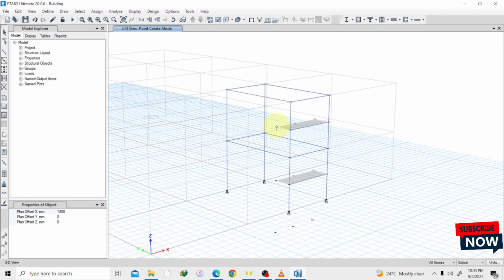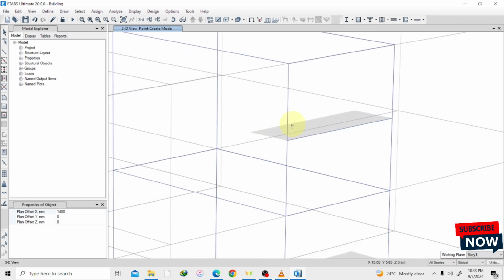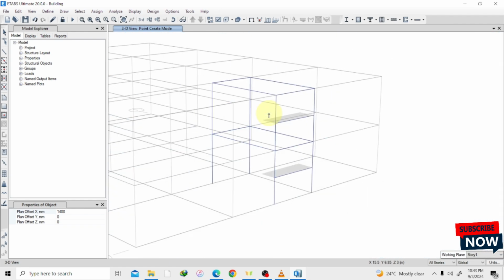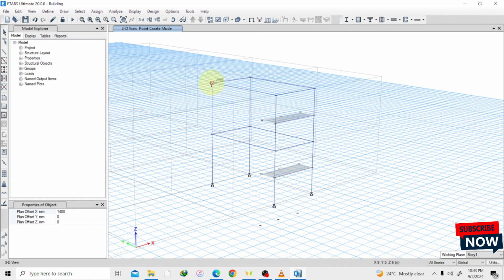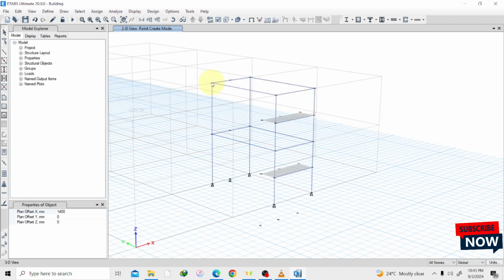We also offset this one, so we have that also here. And we also do the same here. But since it's at all stories, whatever I do here will also replicate it. So we don't need to just be selecting the various frames. So I also need another point from 1400 to this part. And since it's in the opposite direction of X, you just have to negate this value. Negative